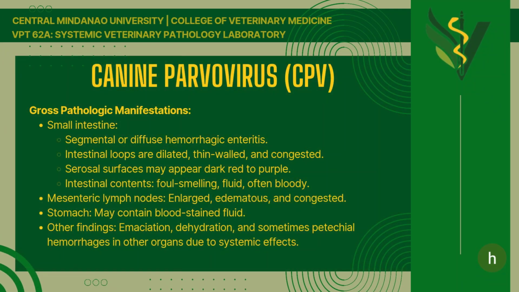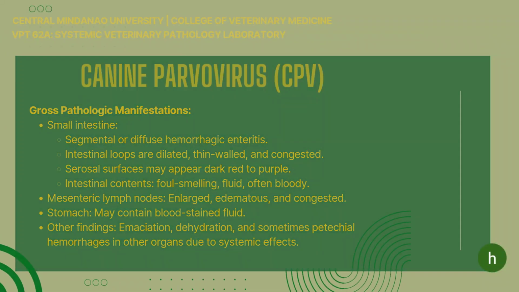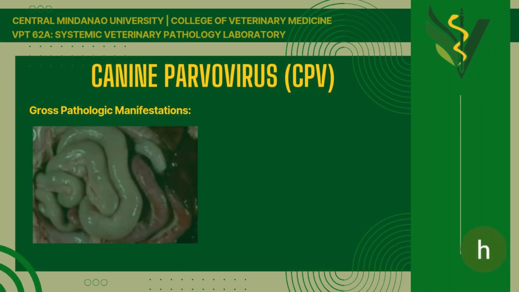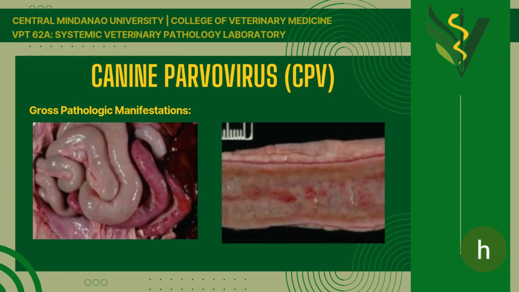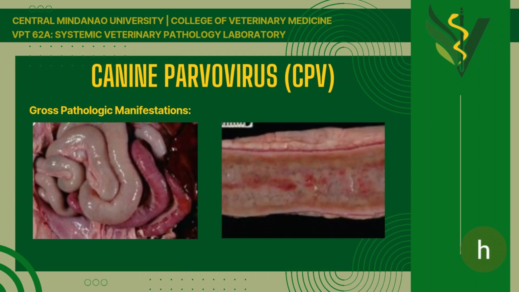Thank you. As for the gross lesions observed in dogs on external examination, the carcass is moderately to severely dehydrated, evidenced by sunken eyes, dry mucous membranes, and reduced skin elasticity. The perineal region may be stained with hemorrhagic fecal material. Upon opening the abdominal cavity, the small intestine, particularly the jejunum and ileum, is markedly